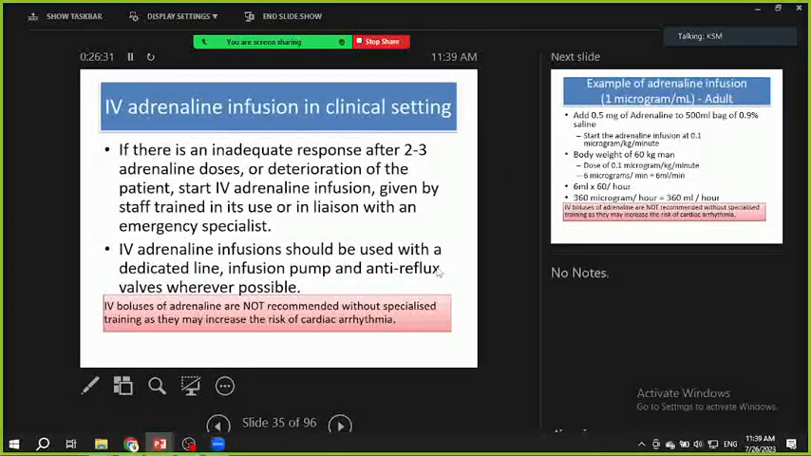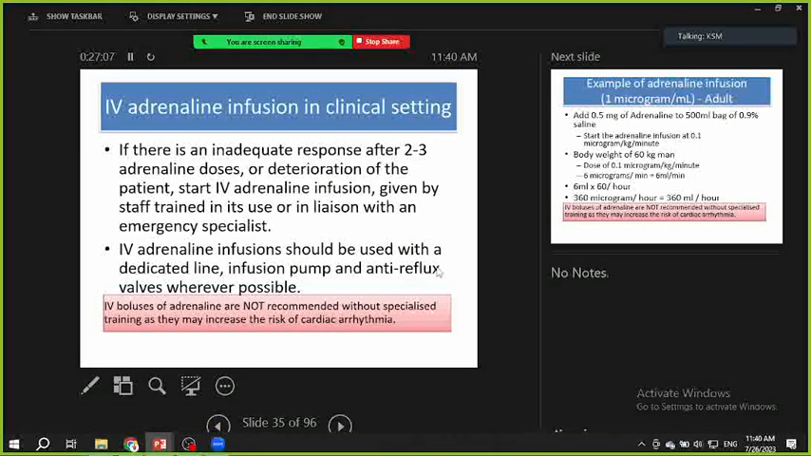Now you have given adrenaline to anaphylactic patients. So you have given adrenaline the first time, no response. Then you have given the second dose, still no response. IV adrenaline infusion in the clinical setting: we'll look at how we start IV adrenaline infusion in a ward setup. Everybody doesn't have infusion pumps in your ward, and in a local hospital they may not even have a burette set, right? If there is inadequate response after 2 to 3 minutes of adrenaline, you have to start IV adrenaline infusion